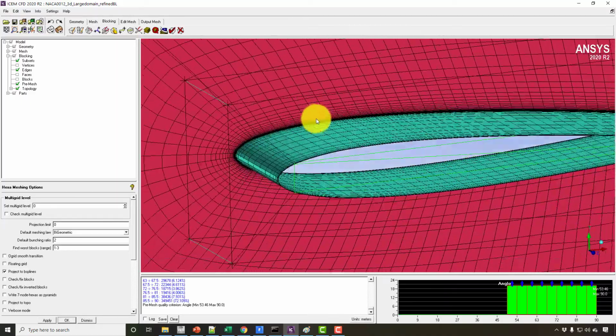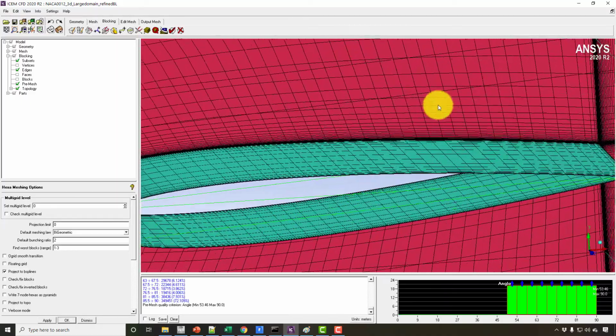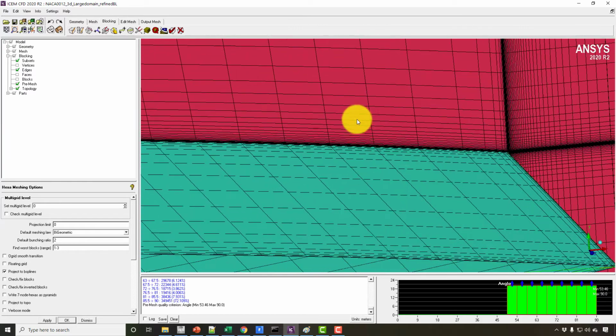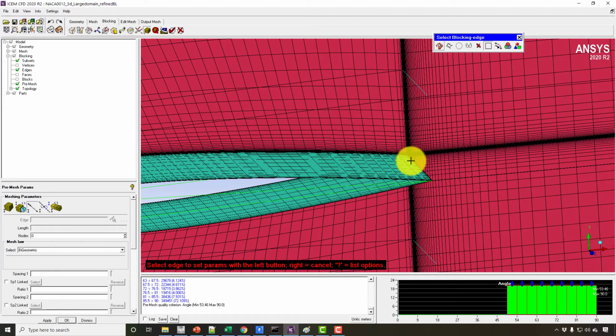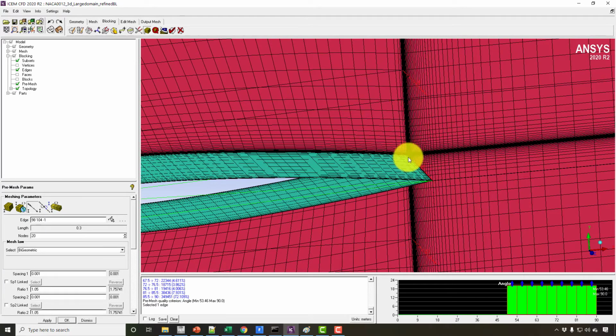Okay, the second thing I can think of is that I should be giving uniform spacing. So one thing is that we should go back to the same thickness of boundary layer. I'm thinking, why not have constant values, because we have the symmetry condition, so no boundary layer will develop here.